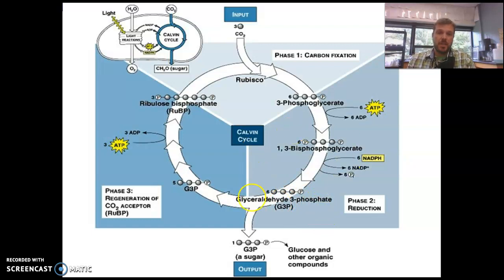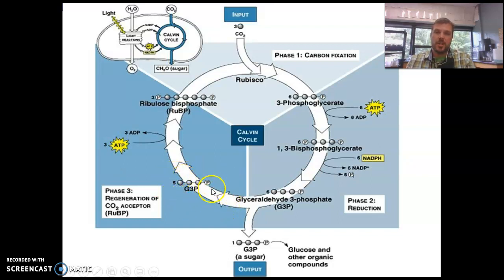Now, that G3P is also known as PGAL, so you'll see it referred to as that in some places, but often G3P. 1 molecule of G3P basically equals half of a glucose. So we get 6 of those. 1 of them is siphoned off to create glucose, and 5 of them go back into